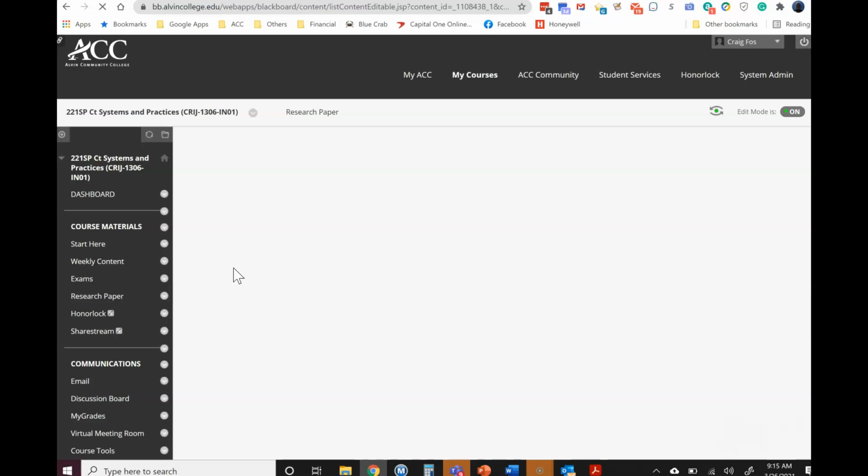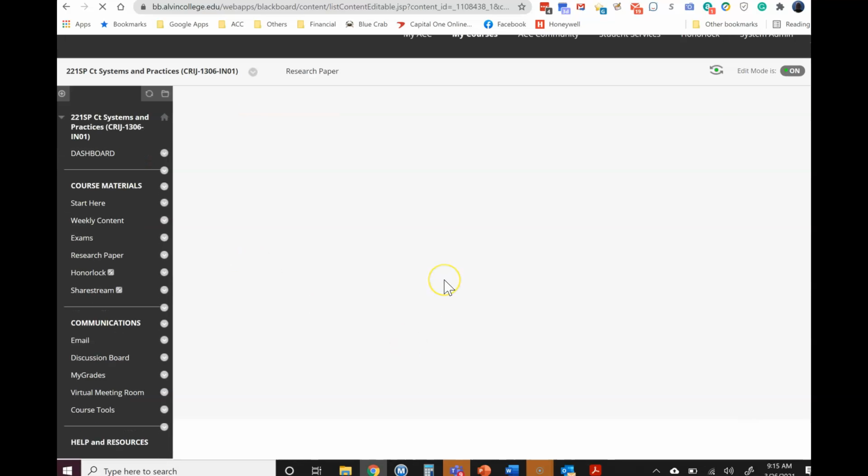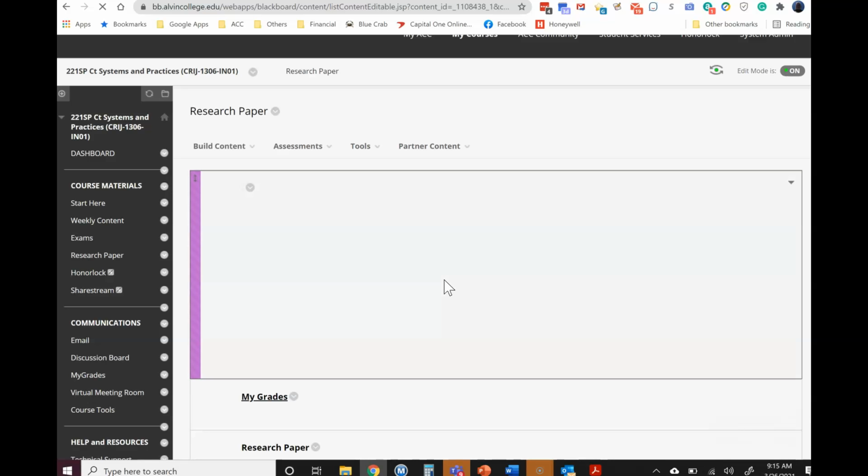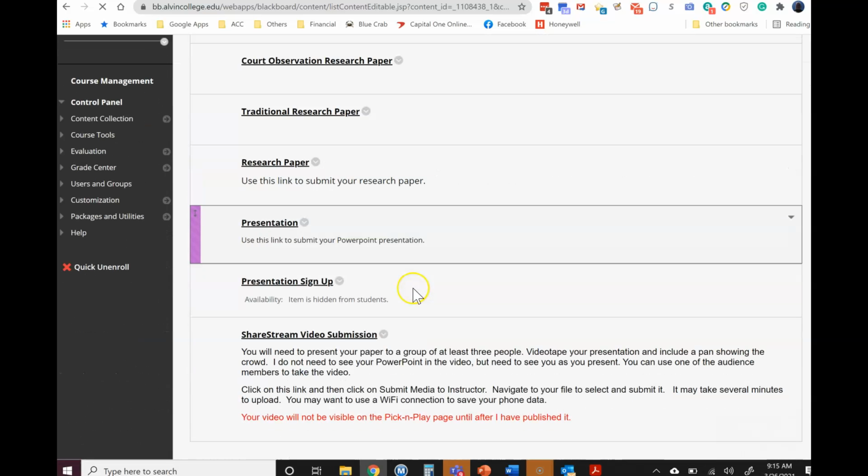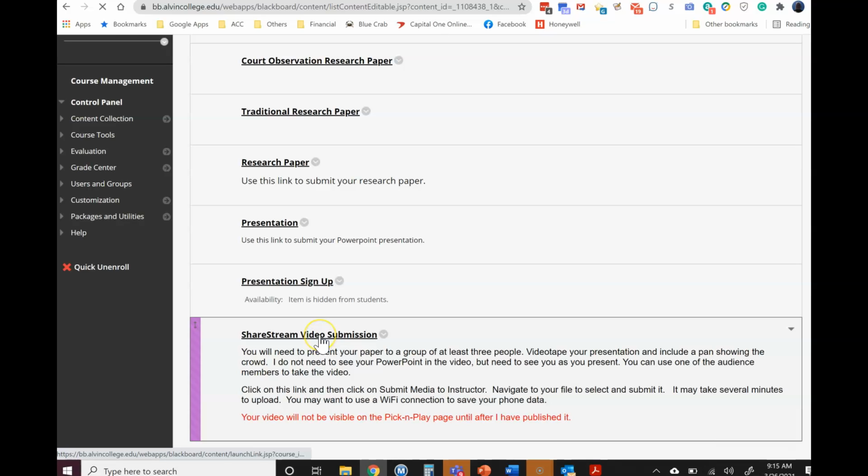Now it's deciding to open that page, again, very slowly. You will then submit it using the share stream. So click on the share stream link, which I don't necessarily think will open, but we'll see if it does. If it were working properly, it would open up right away.